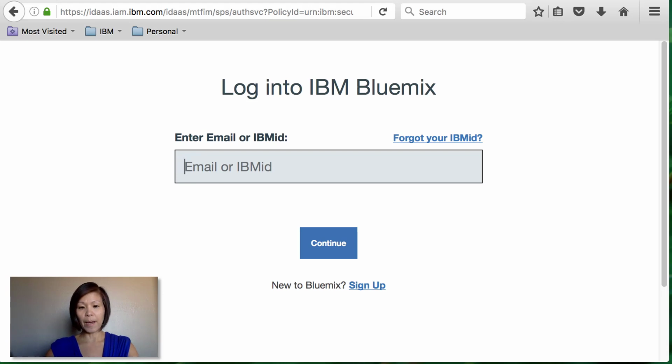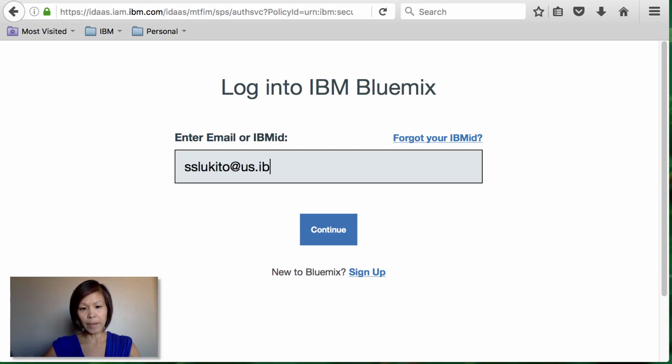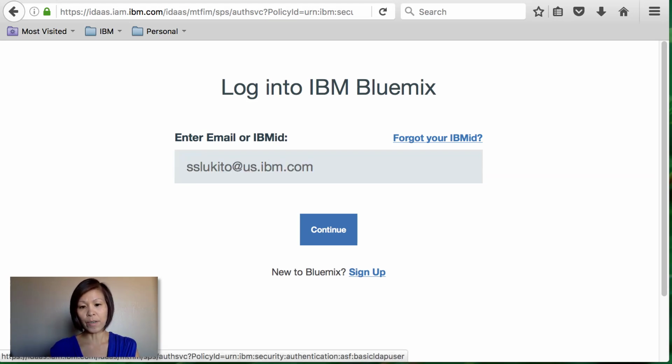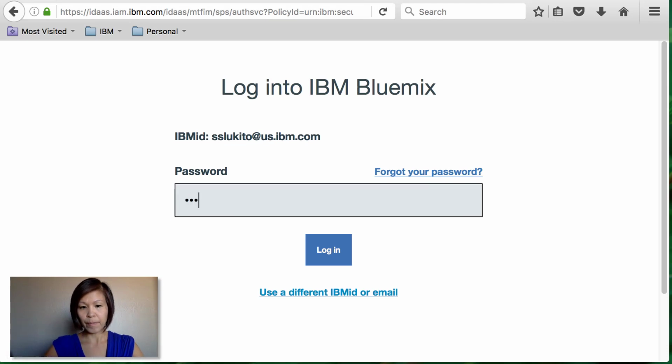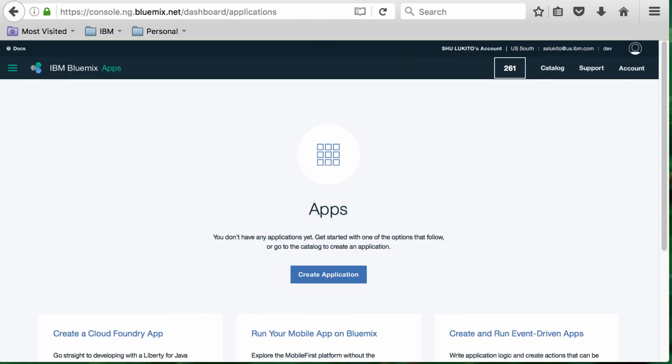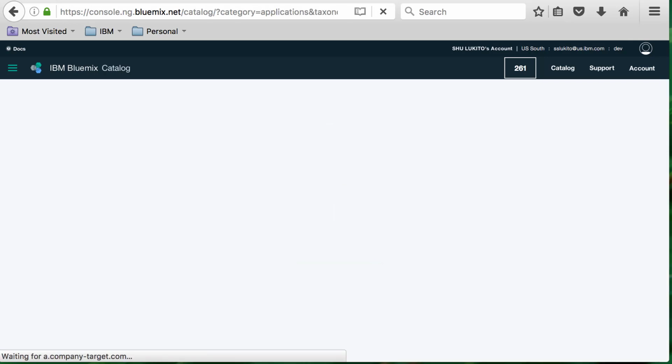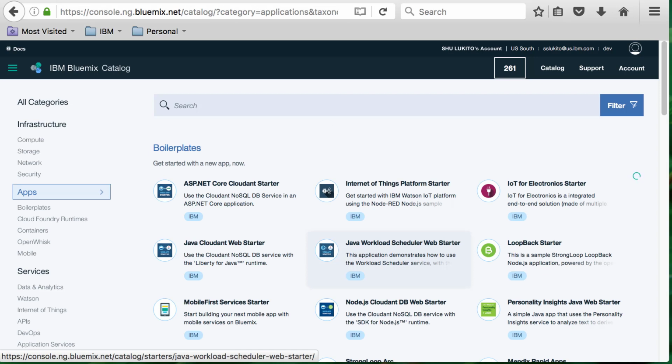So I'll put in my IBM ID and a password. Once I'm logged in, I will be presented with the home page, and I will go ahead and create an application. So I will click on the Create Application button,